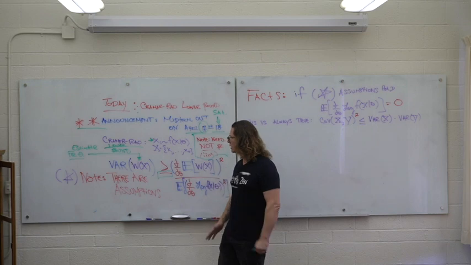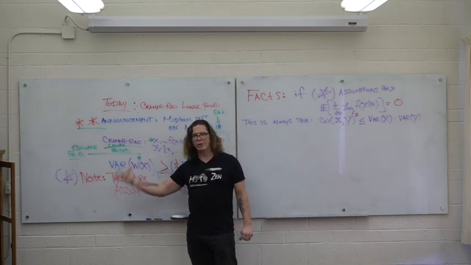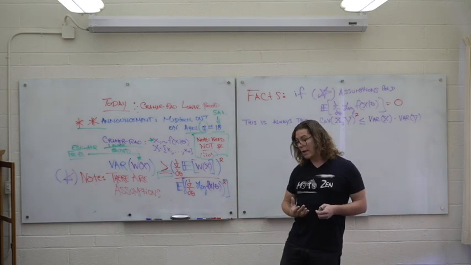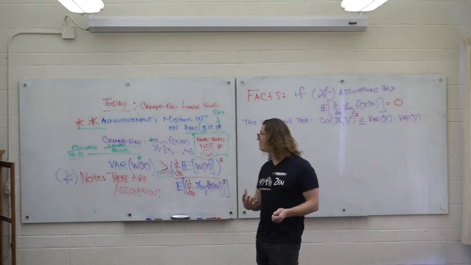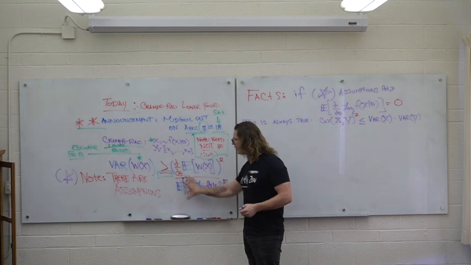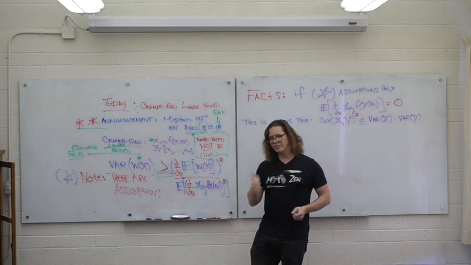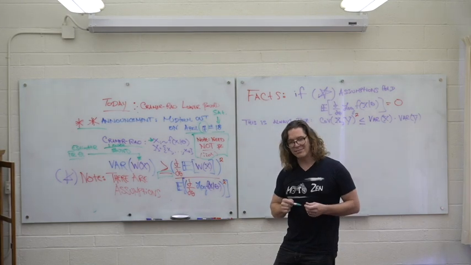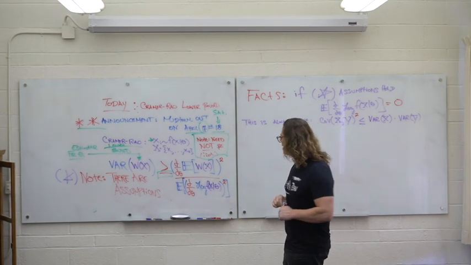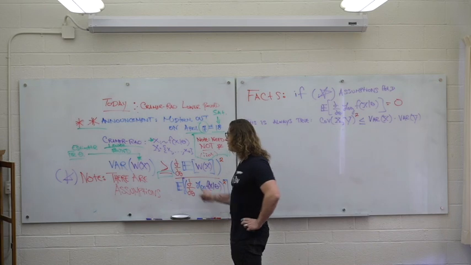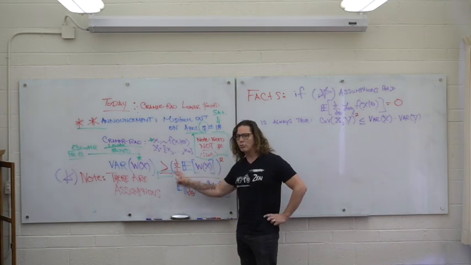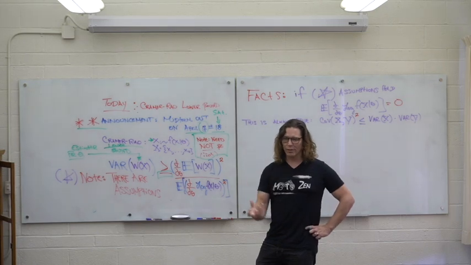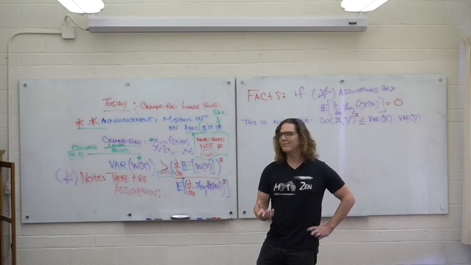So let me be real clear. W(X) is some arbitrary estimator. And I want to know, out of this collection of arbitrary estimators, how small the variance can be. So this is going to help us to figure out what the best estimators are. And so if there's an estimator out there that attains the lower bound, what we've proved is that there's no other estimator with a lower variance. So let me say this again.